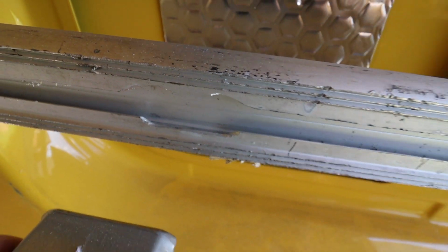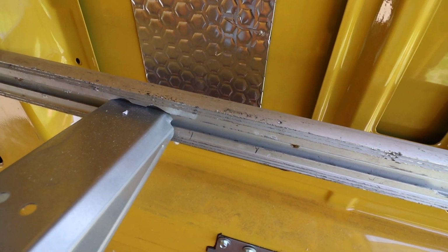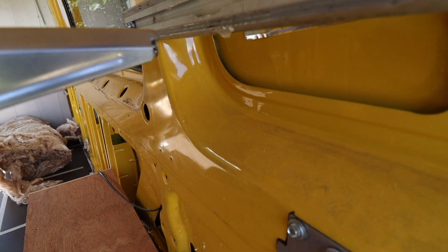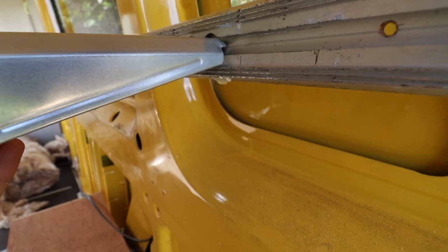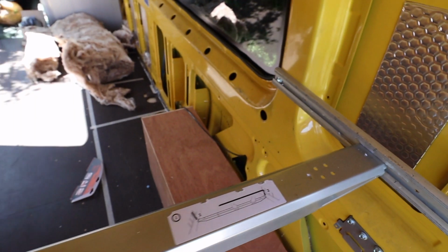over on this side, and then what you do is that slides in there, and you can see the hook on the end of that, and then you just extend that over. Sorry for my poor camera work. And then that rests on that groove, then you slide it over, and what you get is